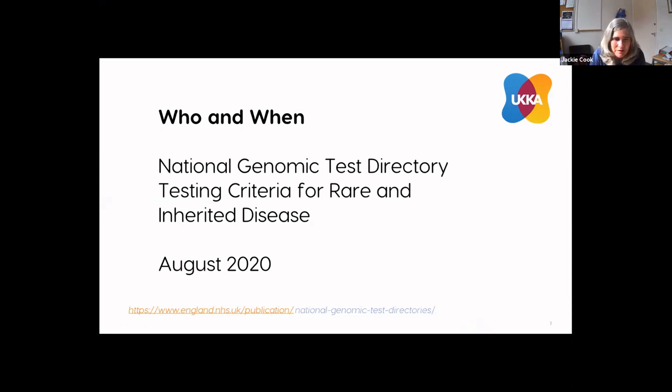For the last couple of years, genetic testing in England has been directed by something called the National Genomic Test Directory, which has been put together by NHS England. And that directory says exactly what you can do genetic testing for, and gives clinical indications for that testing, and also says who can order those tests. So if we go on to the next slide,